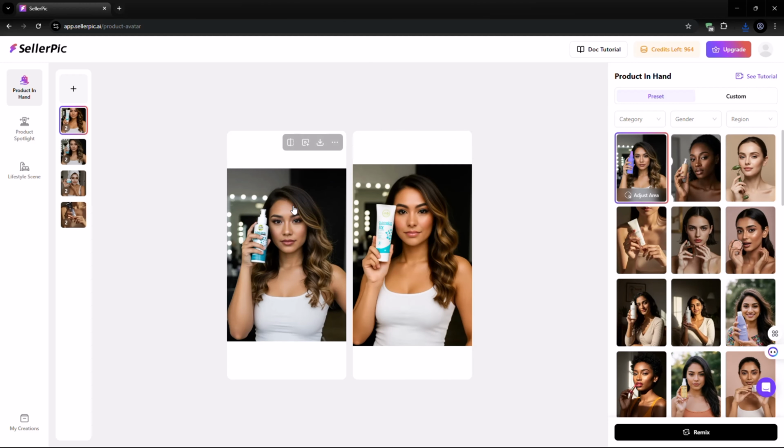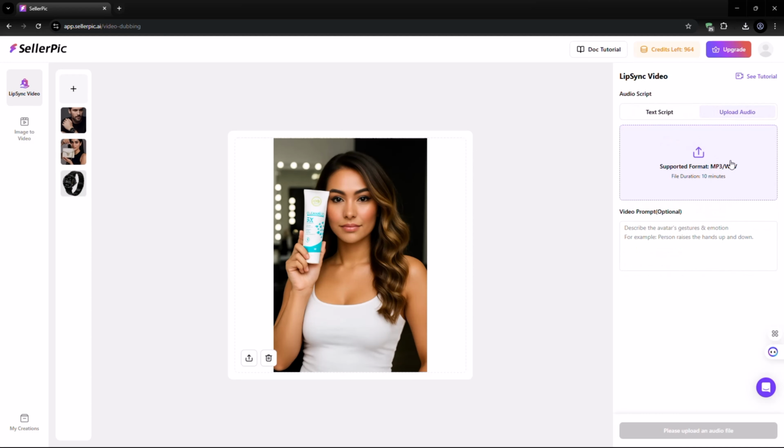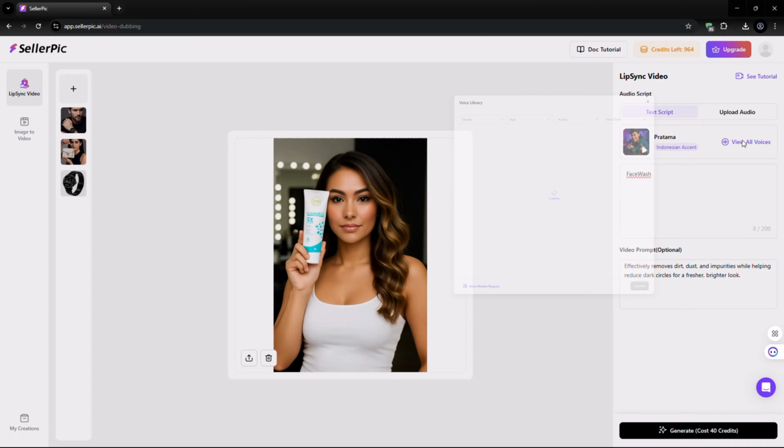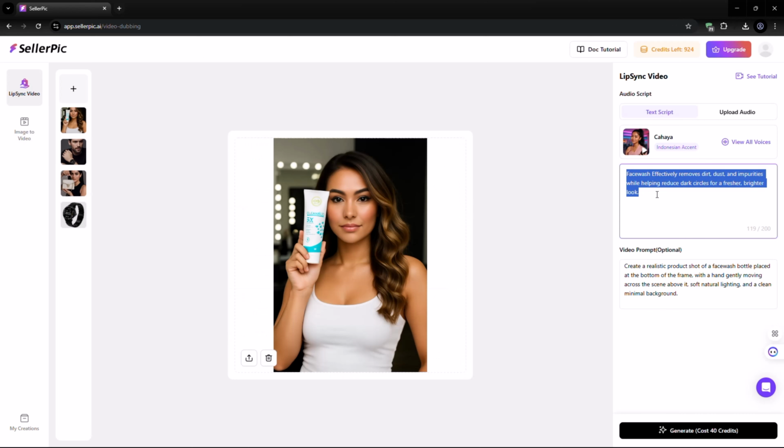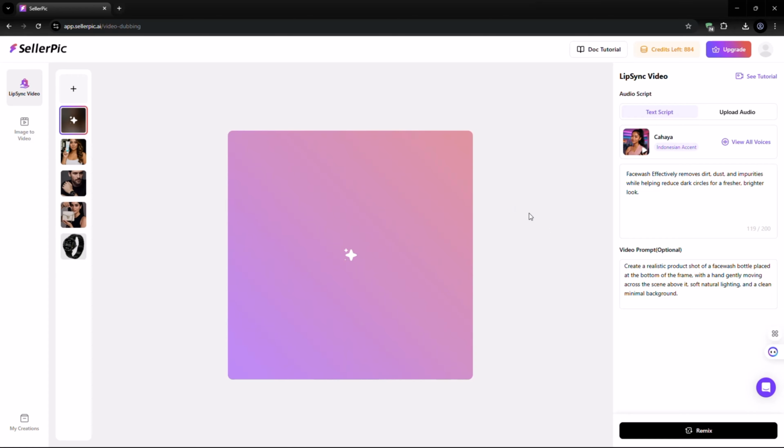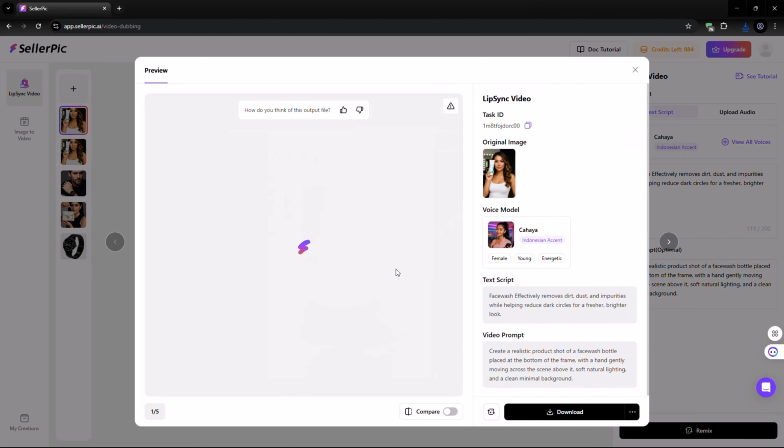Now, instead of generating just a product photo, we'll create a video. Previously, we converted an image into a video, but this time we'll generate a lip sync video. After that, choose your voice from this section. You can also click View All Voices to explore more options. Next, write the text for your product and add your video prompt. Once everything is ready, click Generate. Your video will be ready in just a few seconds, giving you professional product shots ready for Amazon, Shopify, Etsy,